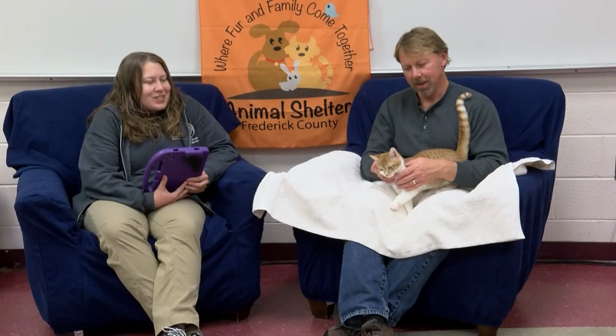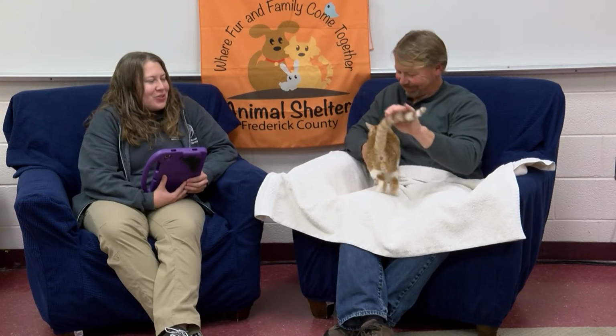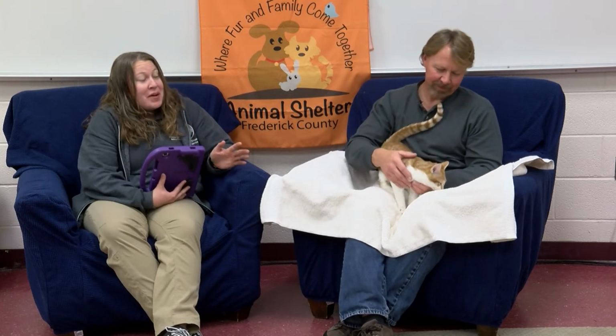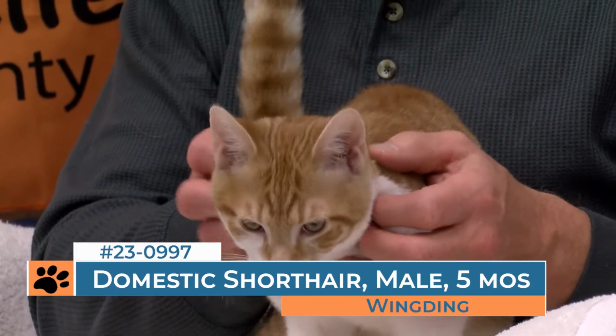Our last guest is Wingding, and if you're looking for an active cat, and you like a cat that's curious and gets into stuff and is going to liven up your household, then he might be the exact fit that you're looking for. He's about 4 to 5 months old, and he is one of our cats that lives on the bottom cage,